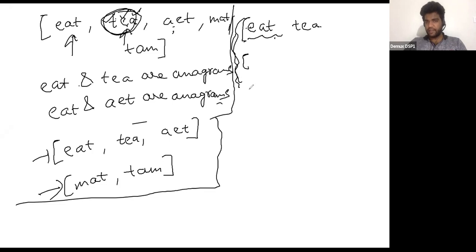Otherwise, if you don't find any group, you create another group for it, right? This is the brute force way of doing it. You could count each of the characters, or what you could do is you could sort this. So if you sort this string, what happens is all the alphabets become